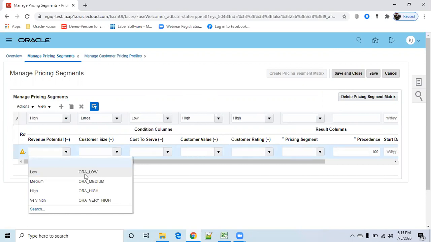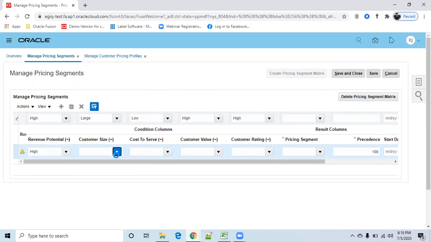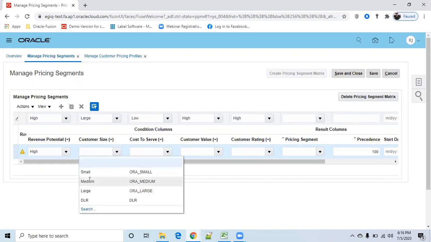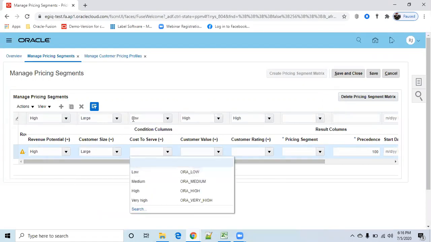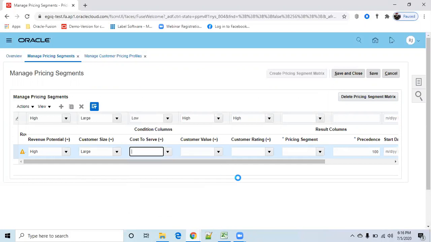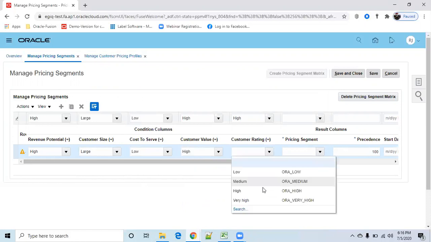So what is our customer pricing profile? Revenue potential is high, customer size is large, cost to serve is low, customer value is high, and customer rating also high.